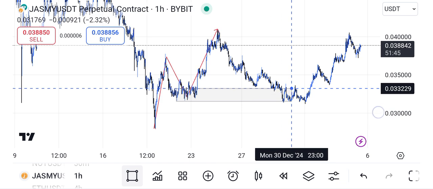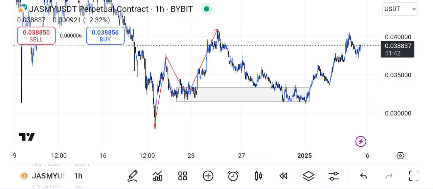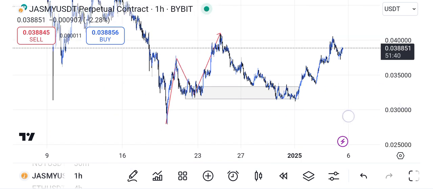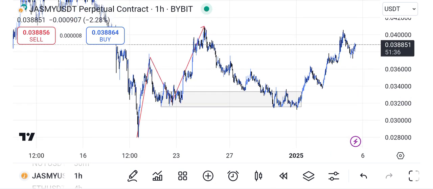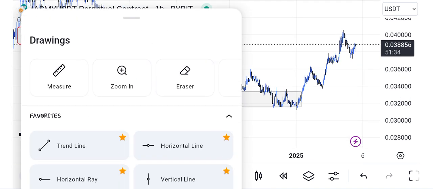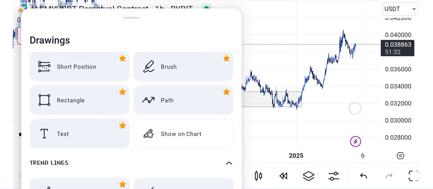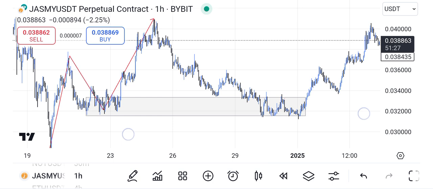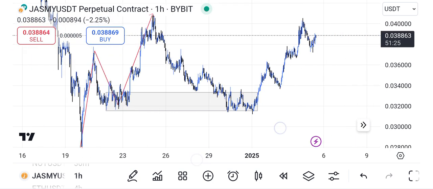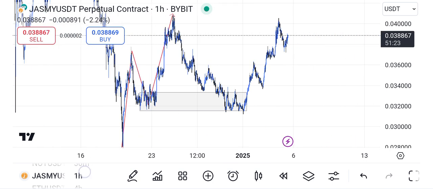This here is your demand zone. This here is your demand zone. And I told you, you might have a sweep in your demand zone, but the concept still remains the same. Now, this is on the 1 hour. Once you see that your chart has arrived at your demand zone at this point here, you can just go to the